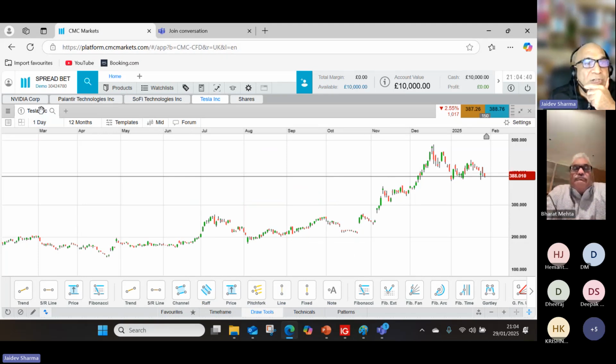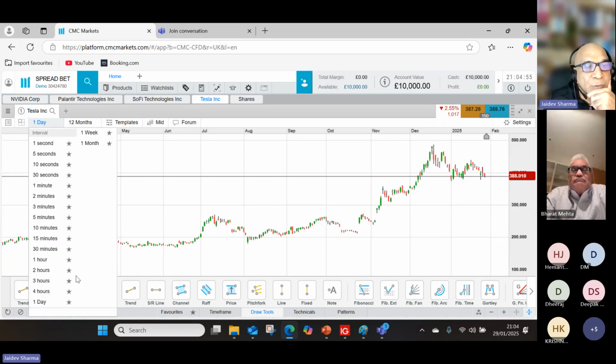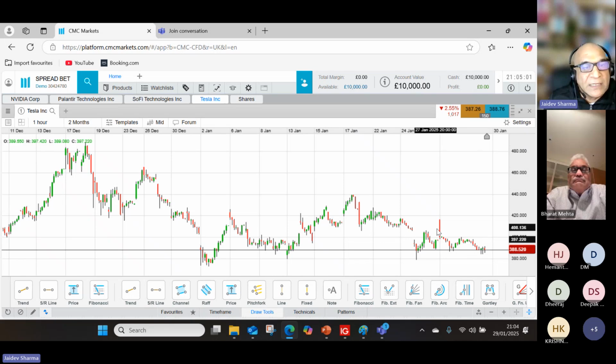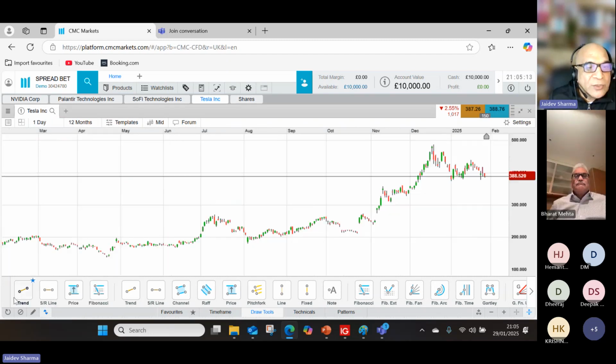So this is a chart of Tesla. I'm using a daily chart. Every candle represents a day here, and it is 12 months' worth of data. Now, if I change this to 1 hour, each candle represents an hour, but obviously because of the screen size, it has now reduced to 2 months. Let me go back to the daily chart. So if I look at this part here,